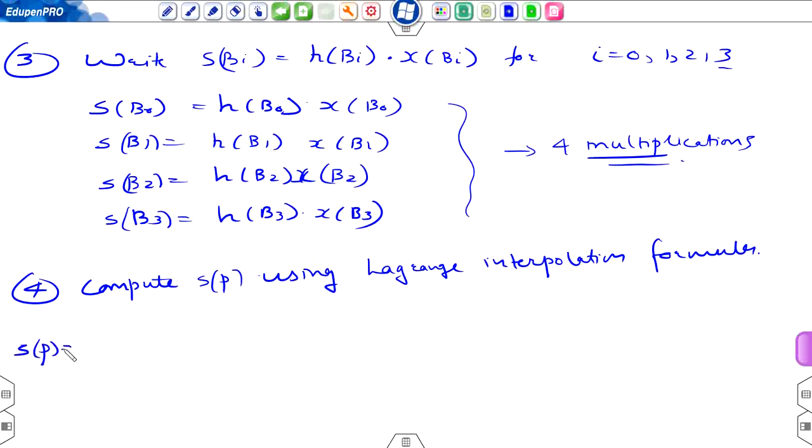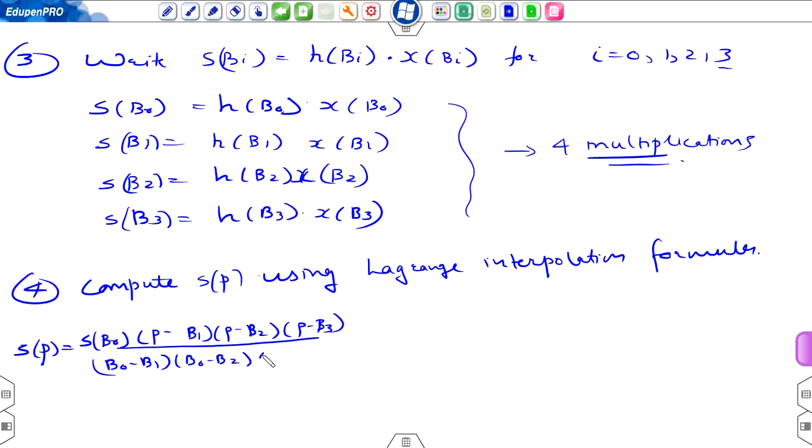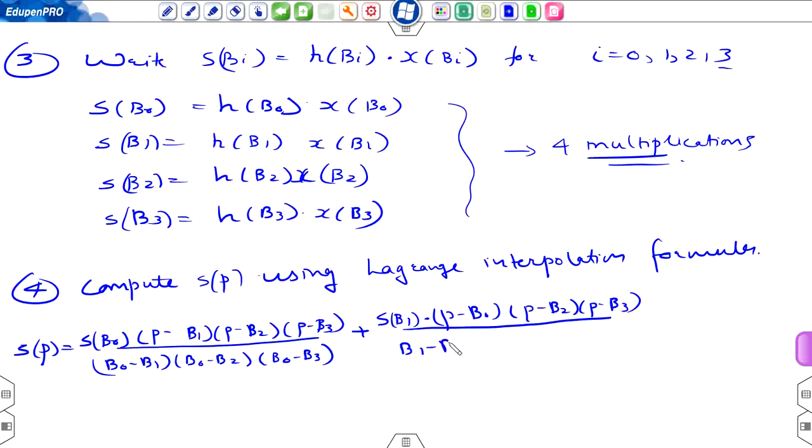So S(p) will be equal to s of beta 0 into (p minus beta 1)(p minus beta 2)(p minus beta 3) divided by (beta 0 minus beta 1)(beta 0 minus beta 2)(beta 0 minus beta 3), plus s of beta 1 into (p minus beta 0)(p minus beta 2)(p minus beta 3) divided by (beta 1 minus beta 0)(beta 1 minus beta 2)(beta 1 minus beta 3)